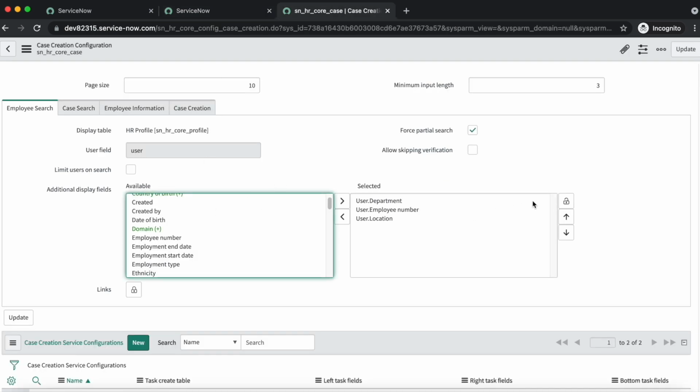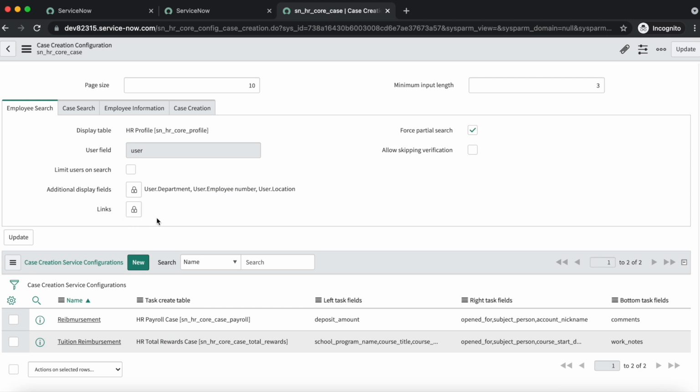Now we have links. So you can pass the link that has already been configured in the link generator. I will cover this in a separate video, how to define link parameters and buttons, and how we can put it in an HR case. Just for your info, let me give you a background. You can use link generator to create a link on an HR case form that accesses information that is outside, to help fulfill the case. I will cover this in a separate video.